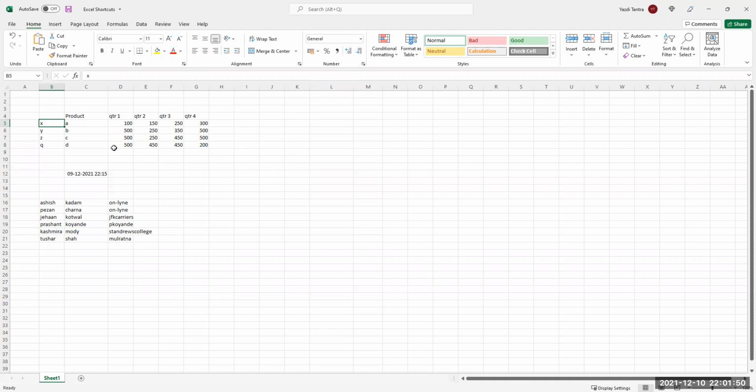Go to Data, click on the filter symbol. I forgot all that now, because you know the short form. So Control, Shift, and L will insert filters automatically, instantly. L is for filters.